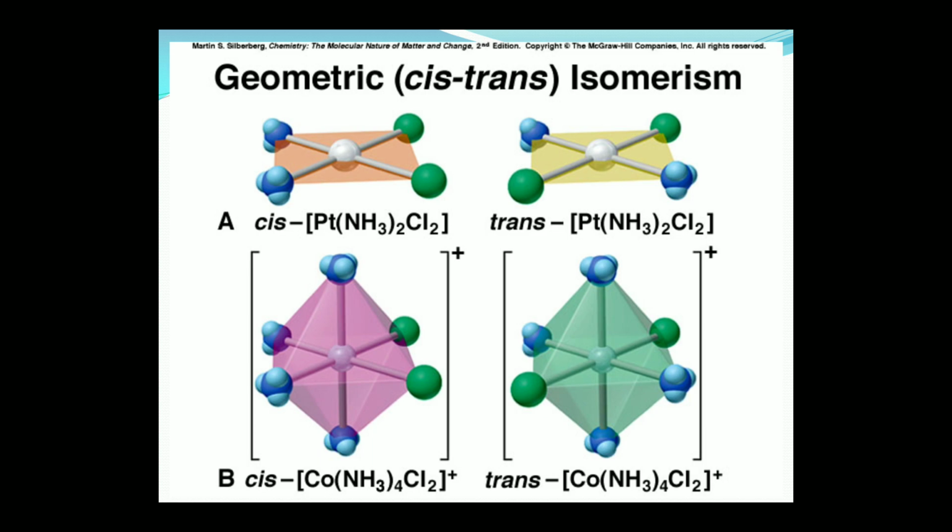On the left hand side, there is the cis complex, diamminedichloroplatinum, the cis isomer. On the right hand side, both have the same number of atoms. You can see there is no difference in chemical composition, but the only difference is the positions of the atoms in the two structural forms. Similarly, the next example is the tetraamminediaminocobalt complex, where both cis and trans forms have been given in this slide.